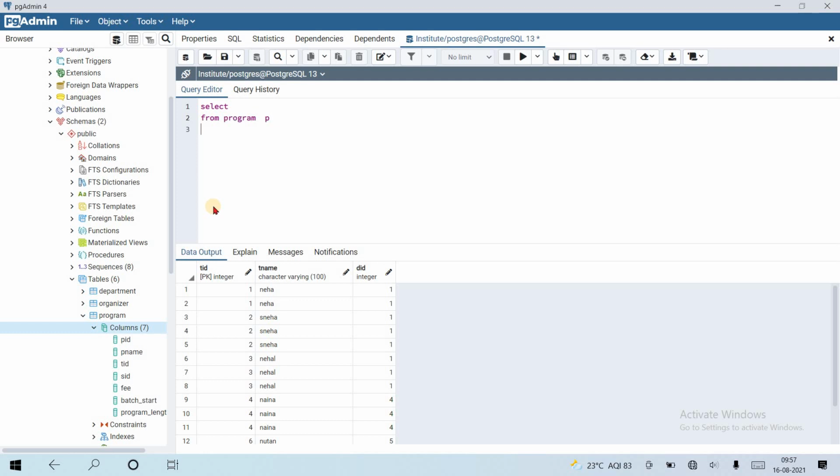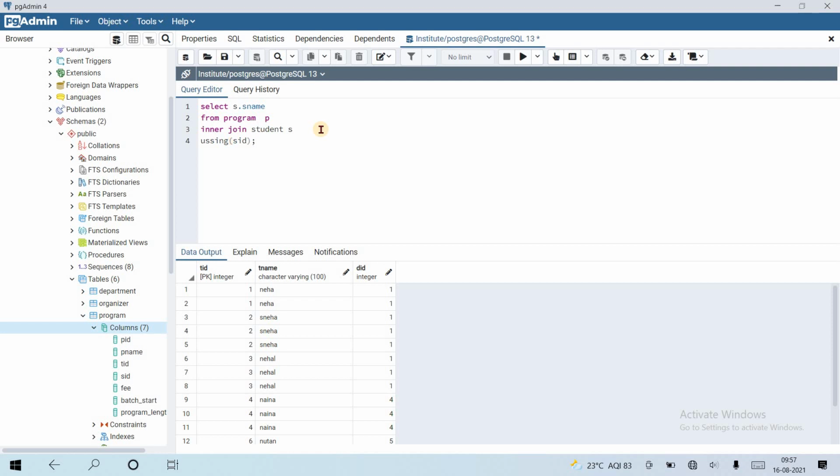So now use s.sname for the student name. Now use the USING keyword rather than ON. The common column is SID in both tables.